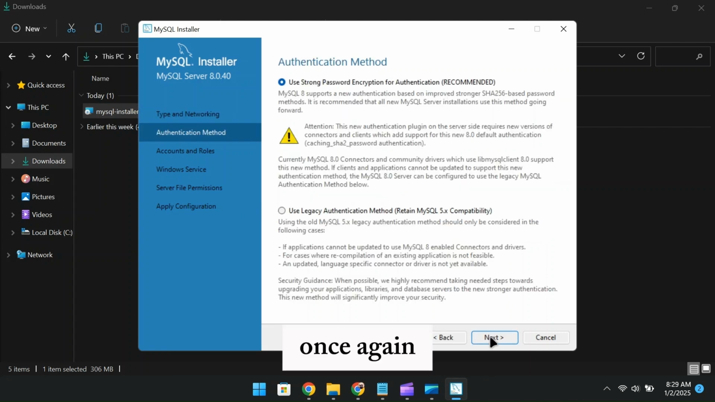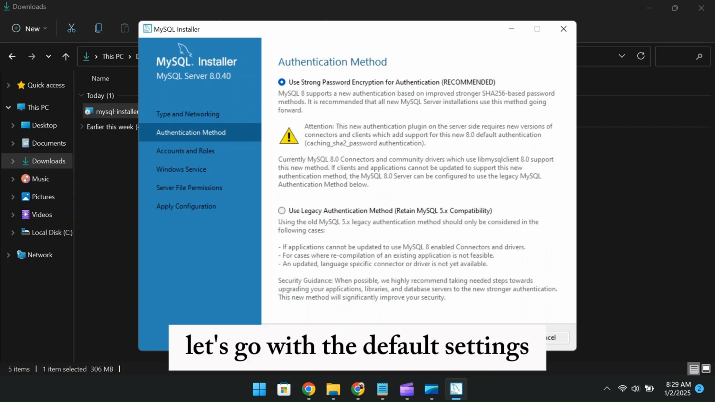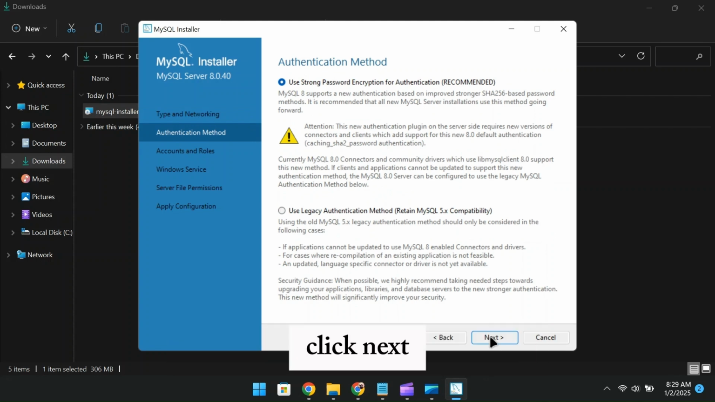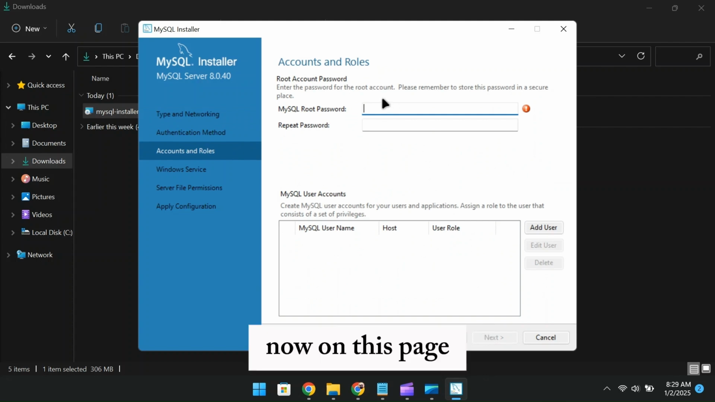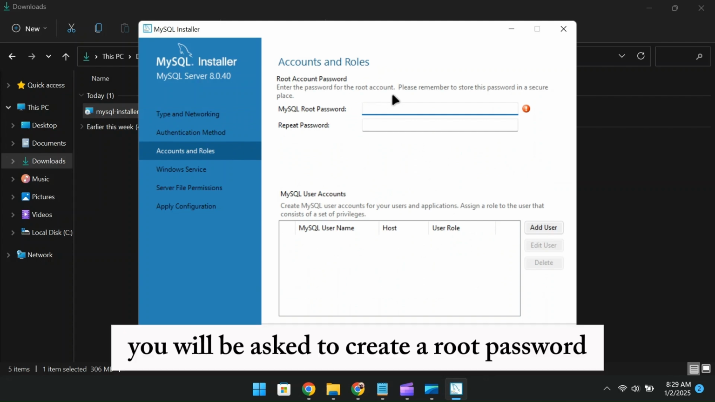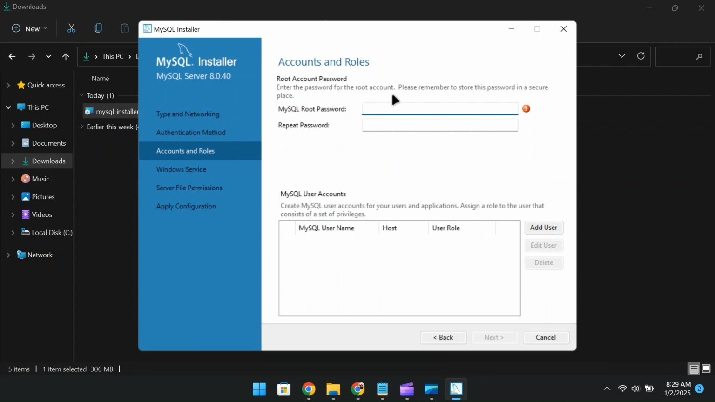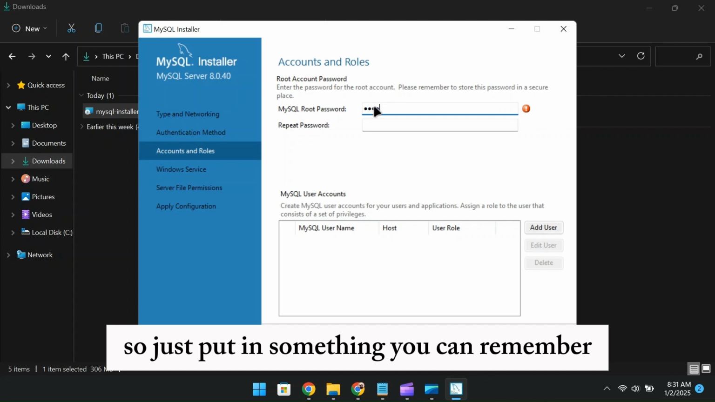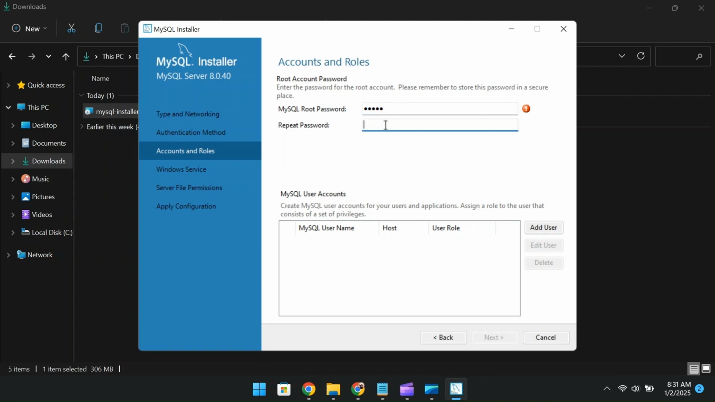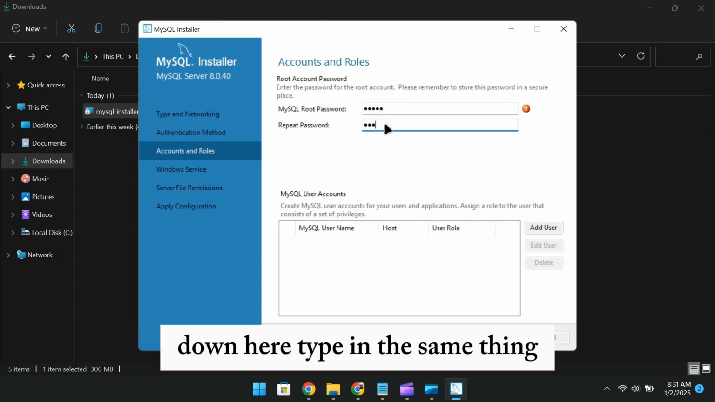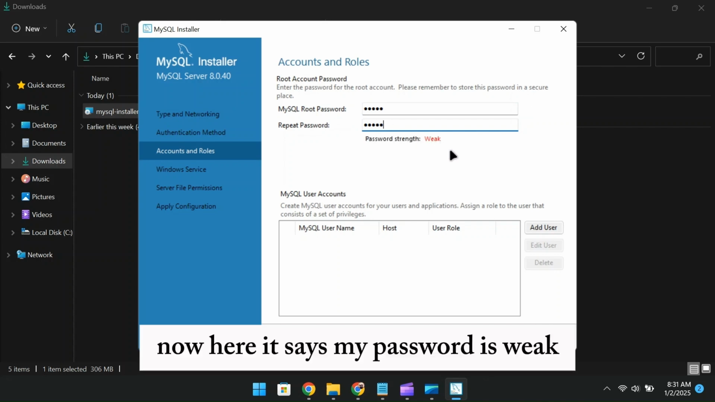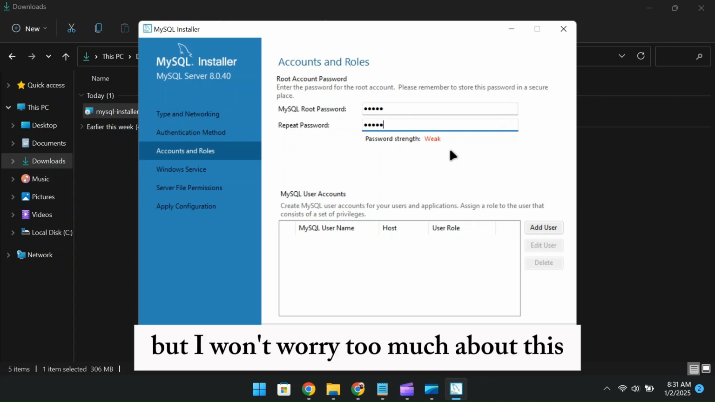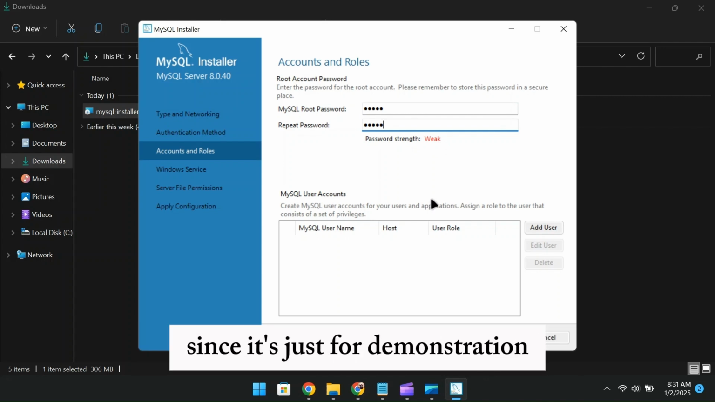Once again, let's go with the default settings. Click next. Now on this page, you will be asked to create a root password. So just put in something you can remember. And down here, the same thing. Now here it says my password is weak, but I won't worry too much about this since it's just for